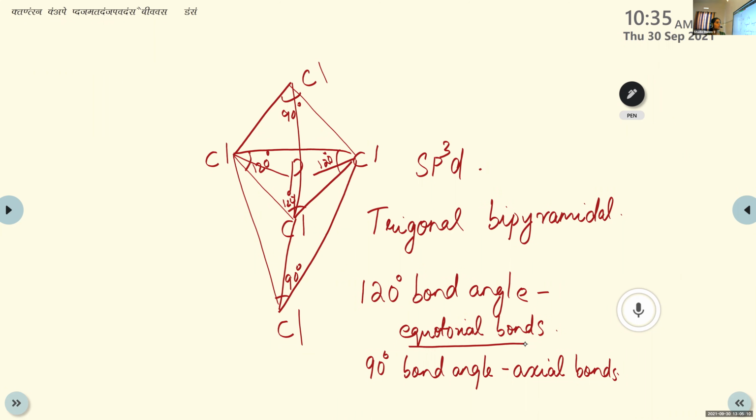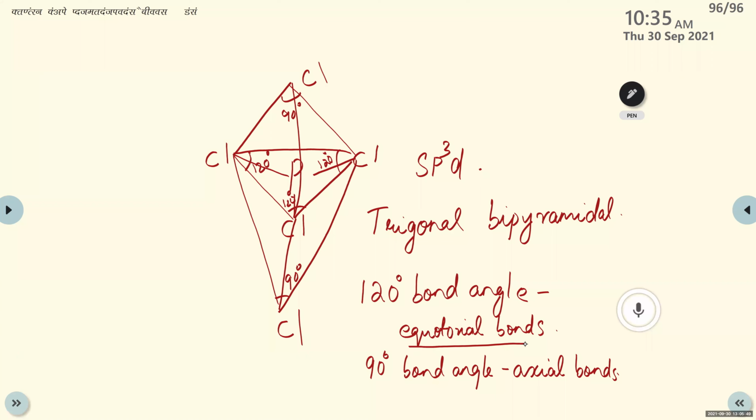So there will be an equatorial bond angle of 120 degrees. They are in the same plane. And at the top of the plane and the bottom of the plane, there are 2 chlorine atoms, known as axial positions. The axial bond angle is 90 degrees. These 2 axial positions have more bond length compared to the equatorial bonds. The reason is that there is more electron repulsion between the bond pairs. Clear, Adulya? Yes or no?